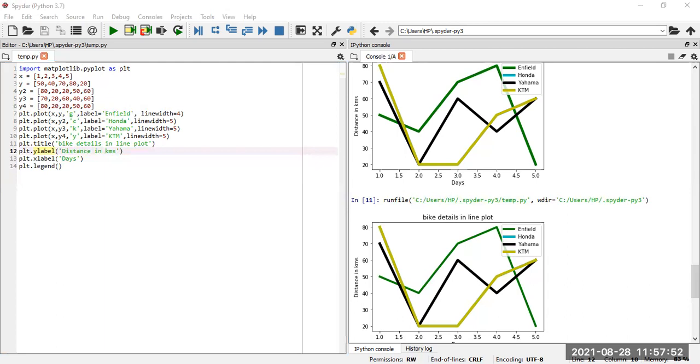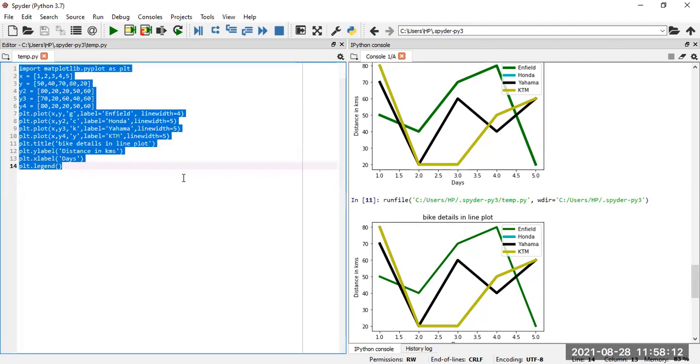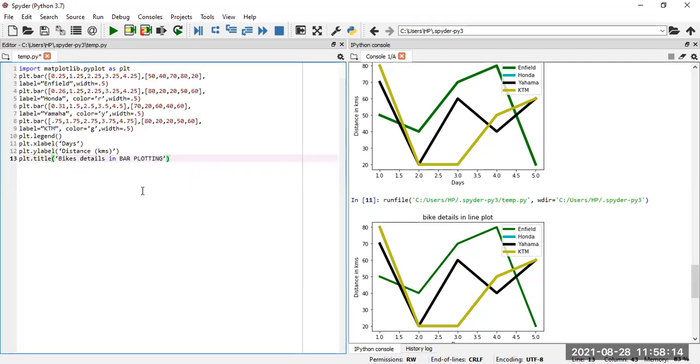Now, the same program, totally the same, I am just going to show you with another particular data. The same thing, the bikes, whatever the values of the kilometers and distance, we have made into a line curve. Actually, we can say it is a line curve. Now, if we are trying to show the values in some other mode, then what can it be?